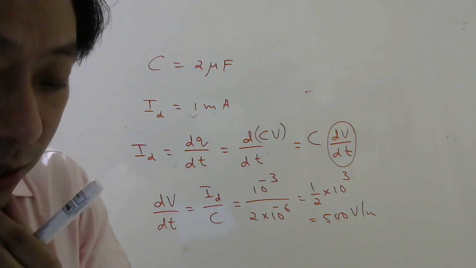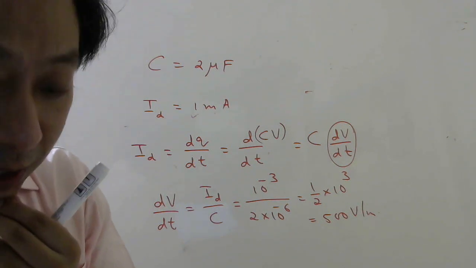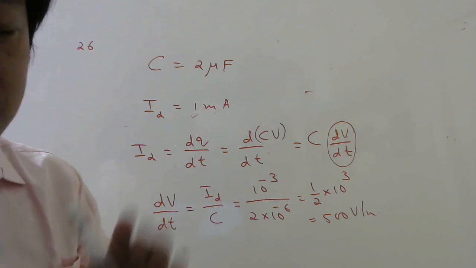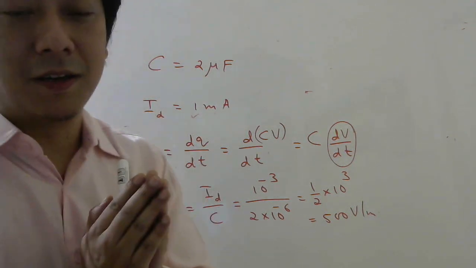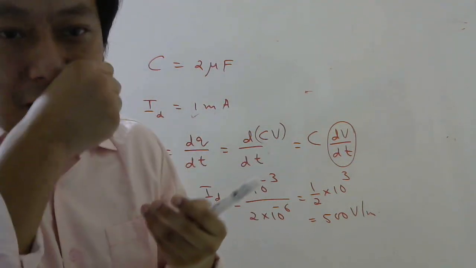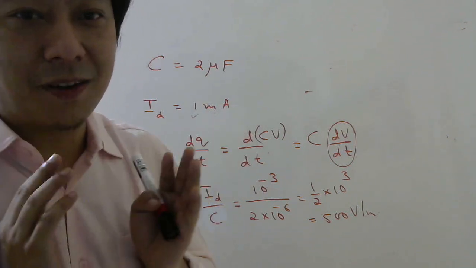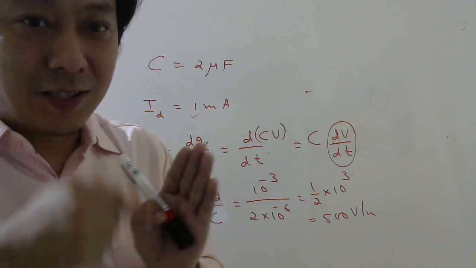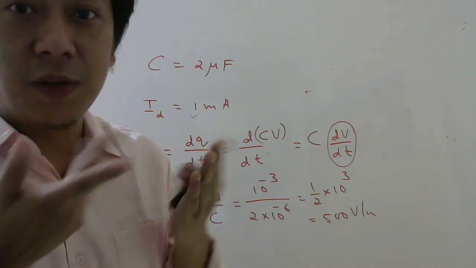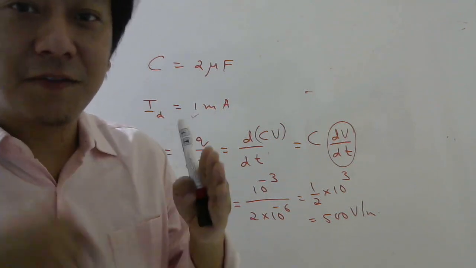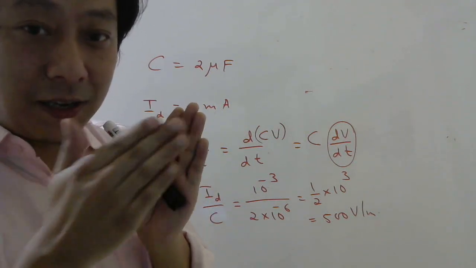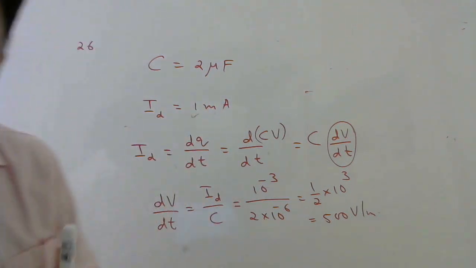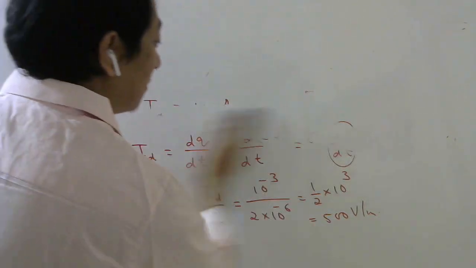Second option, they also want amplitude of magnetic field at a point 3 centimeter from the axis between the plates. Before Maxwell's modification, which he made to Ampere circuital law, second option would not be there because there is no magnetic field in between the capacitor. People used to think like that. But as long as you apply AC voltage, charge will keep changing, electric field will keep changing, electric flux will keep changing. So when electric field in between the capacitor changes, there will be magnetic field in between the capacitor also. So that is a very good question.